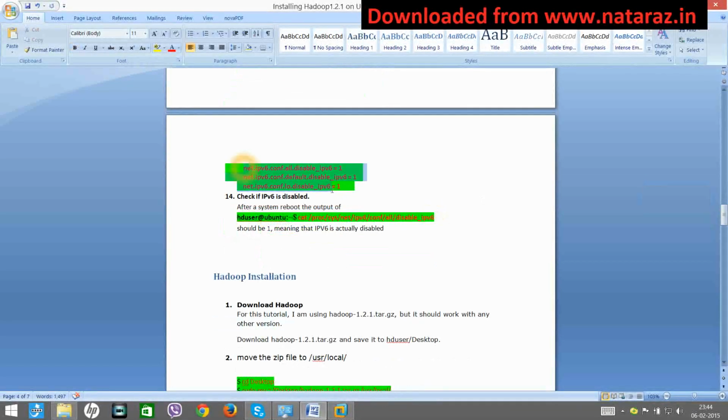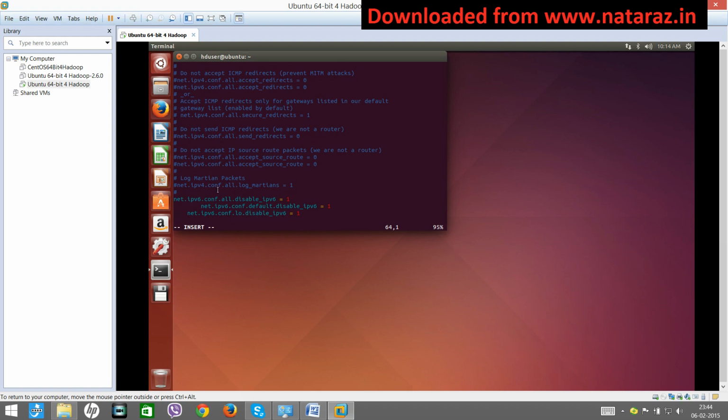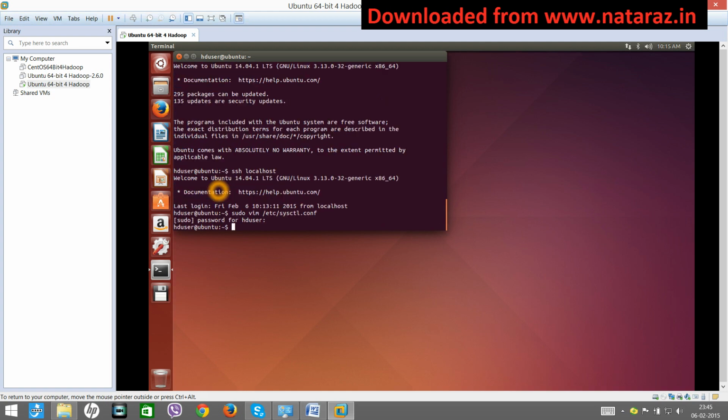You paste these 3 pieces of code, copy this, right click and say paste. Alright, looks good. Now press escape, colon, wq, enter. Okay, so your changes are saved perfectly.